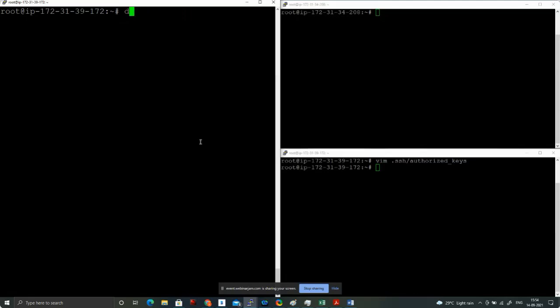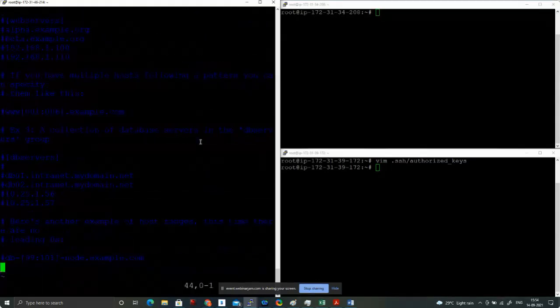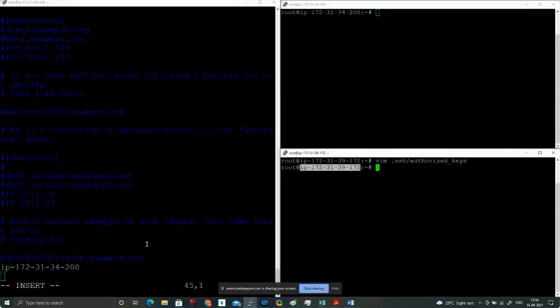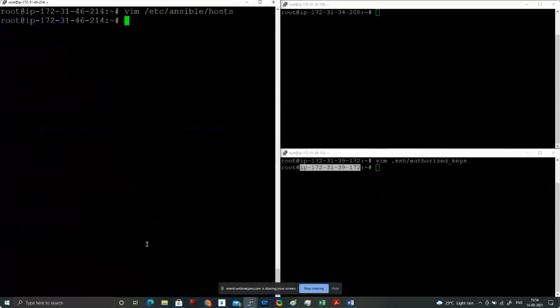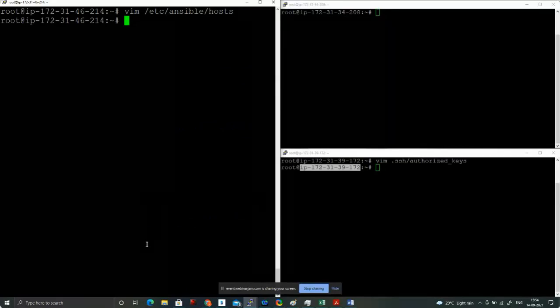I'm logged in here. Log out. /etc/ansible/hosts. So this is a file which gives the Ansible tool information about which servers to manage. So this is a server that I need to manage, and this is the server that I need to manage. Okay, so I'll just update the host file, which is called an inventory, and then let me write some state